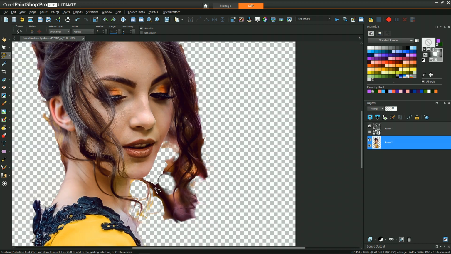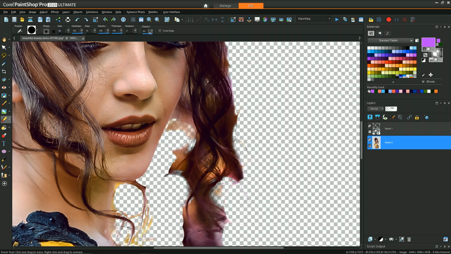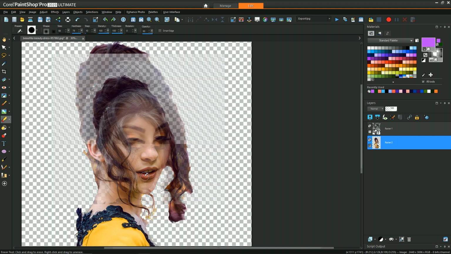And then once again, manually erasing just different parts of the background that we know we won't need. And especially when dealing with hair, as I'm starting to erase, you'll see that I'm playing a lot of times with hardness and opacity because it's all about just trying to get that blend.